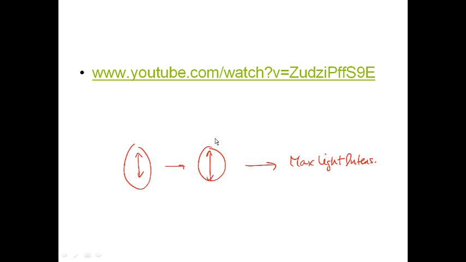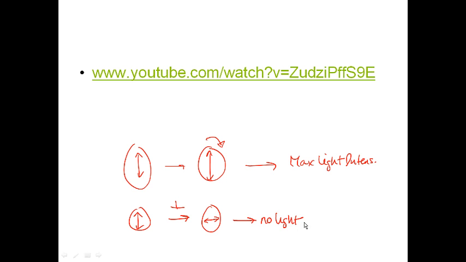If I now begin to rotate one of these filters, what's going to happen is that the amount of light that has that same orientation is going to decrease. And so they're going to orient the second filter so that it's completely perpendicular to the first filter. Well, at that point, if they're perpendicular to each other, what's going to happen is that no